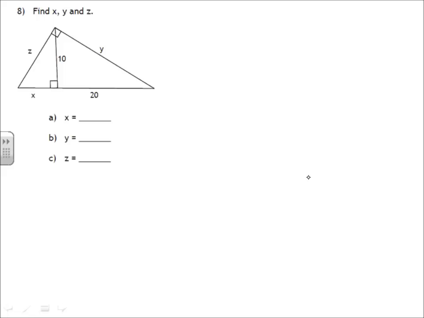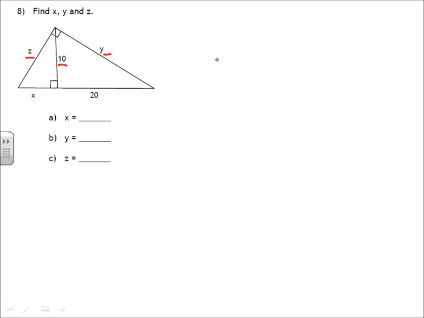Let's move on next. Okay, so now we're going to see if we can solve equations involving an altitude drawn to the hypotenuse. So here, again, there's three statements that I can write, and it would relate to this altitude or the two legs of the original right triangle. I know that this is the geometric mean of x and 10, y is the geometric mean of 20 and 20 plus x, and z is the geometric mean of x and x plus 20, or 20 plus x, the whole thing. So let's go ahead and do this for the 10 first, because I think we can solve for